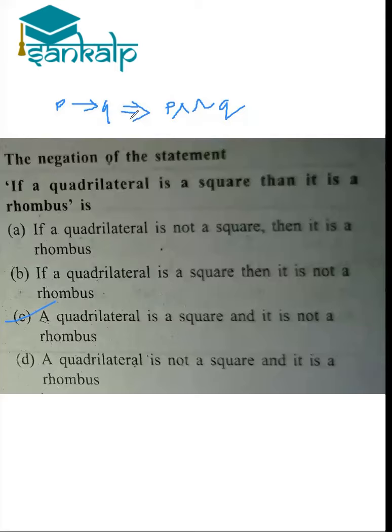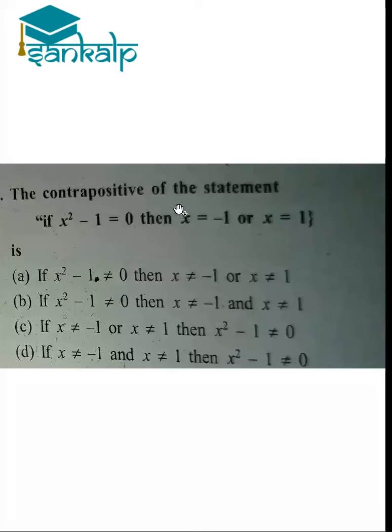Next example. The next question is the contrapositive of the statement, if x square minus 1 equal to 0, then x is equal to minus 1 or x is equal to 1. So the contrapositive form of the given conditional statement is written as,